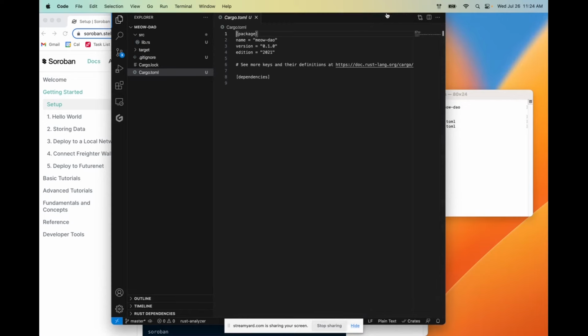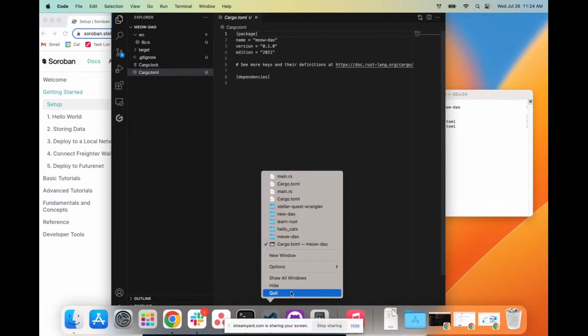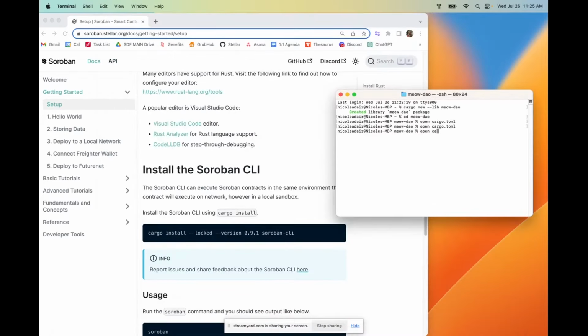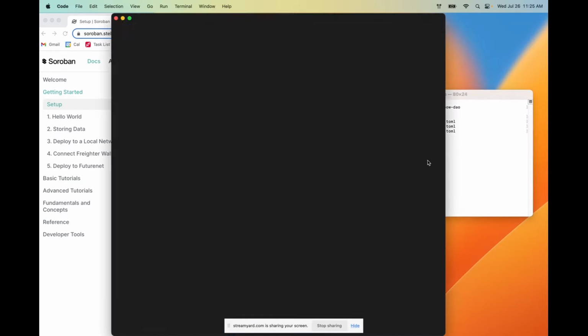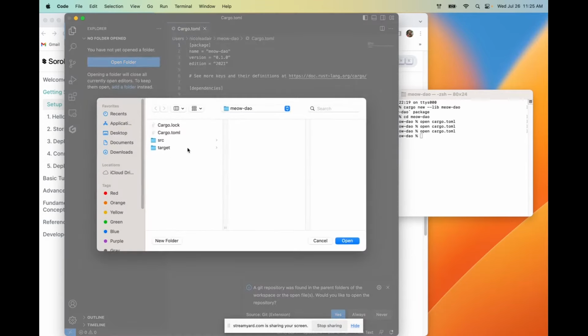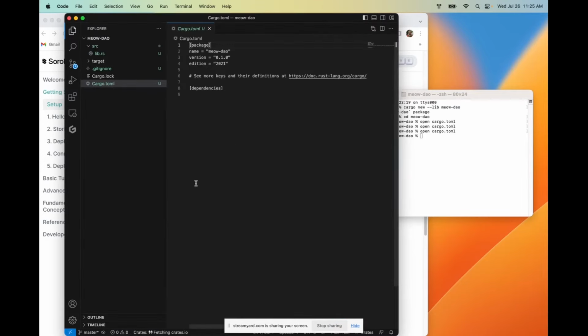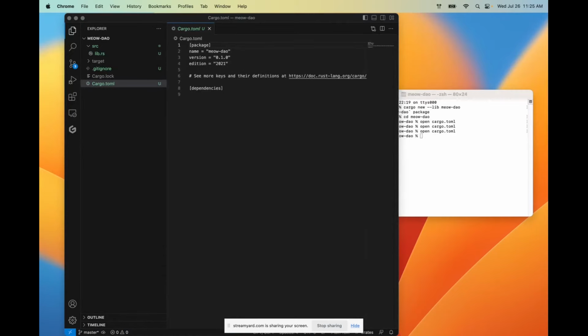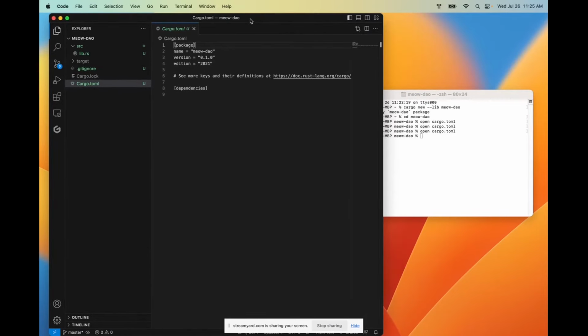I am having some issues with my VS Code being weird. Open Cargo.toml. There we are. And we're going to open the entire folder for our MeowDAO library in VS Code.